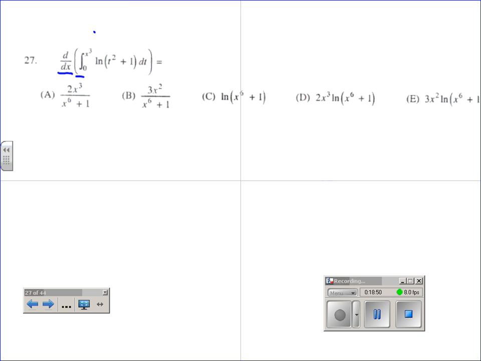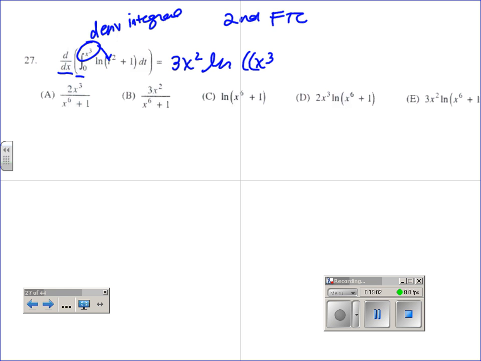Derivative of an integral. Hopefully all of you right now automatically associate this with second fundamental theorem of calculus. Take the derivative of the top, plug it in. Natural log of x cubed squared plus 1. So that would be